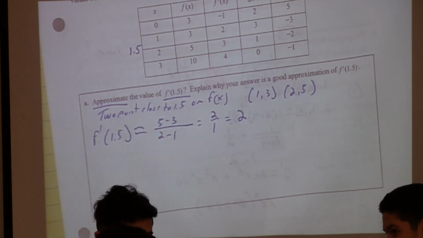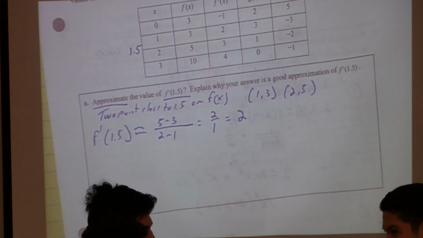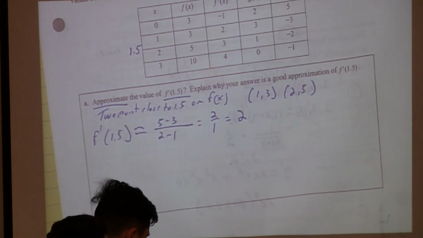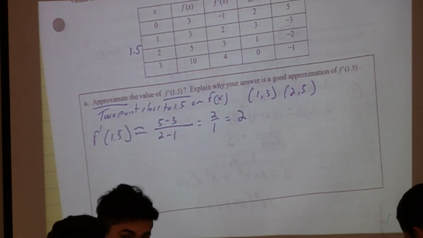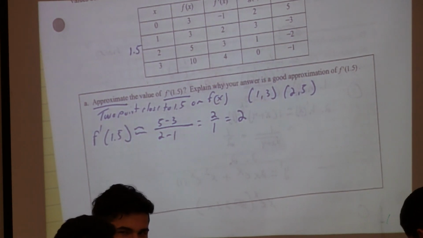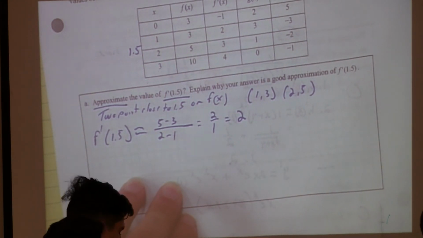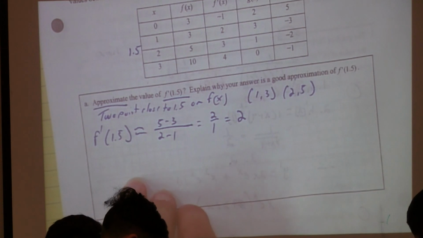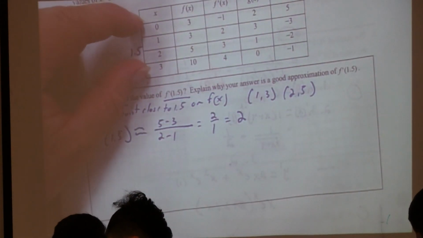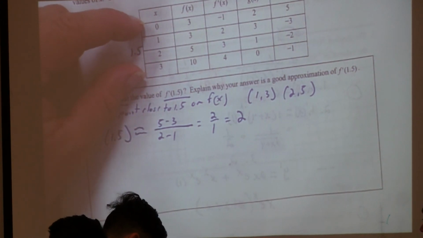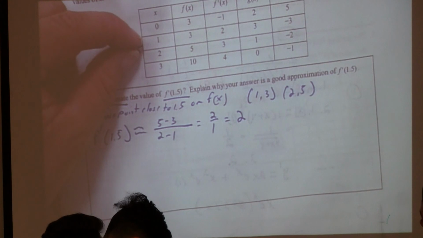Now they're not entirely really close if you're thinking mathematically, but they are pretty close. They're the closest points that you can pick on the table that's given. Could we have used 0 and 3? I mean, we could have, right? But would it have been as good of an approximation as it would have using 1 and 2? No. Why? Because